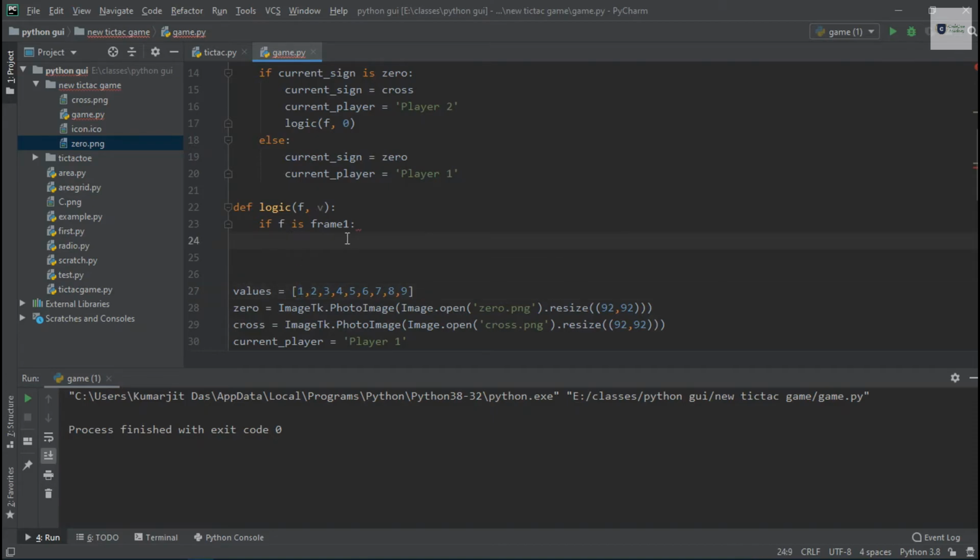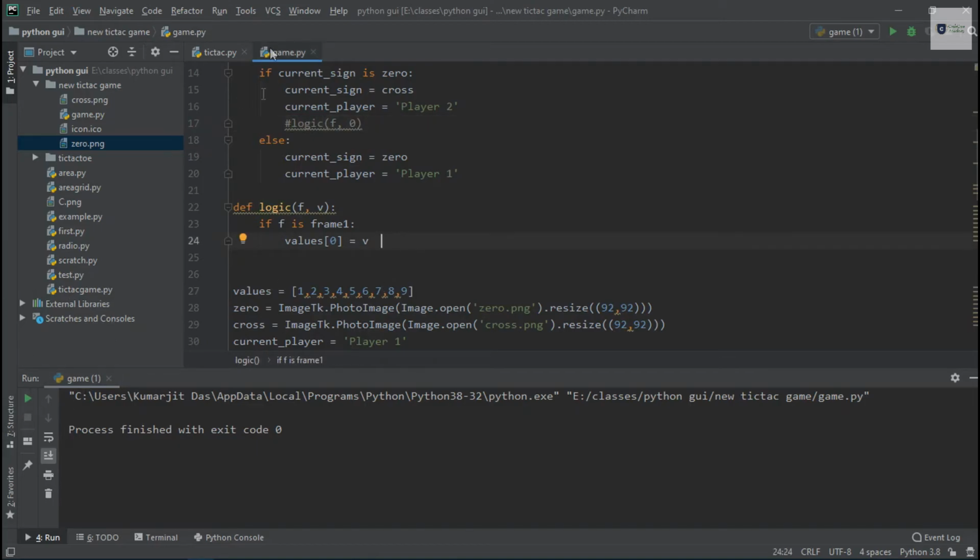So values index 0 equal to the current value. So values 0 index will have the value of v. V can hold 0 for the sign 0, or the v can hold 1 for sign x. So whatever the sign, values 0 will have the value, because frame 1 has been clicked.